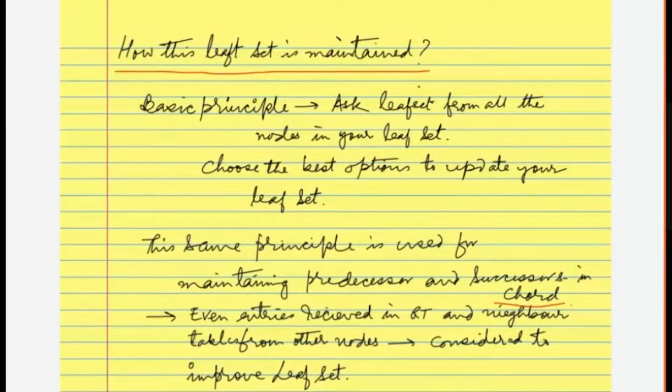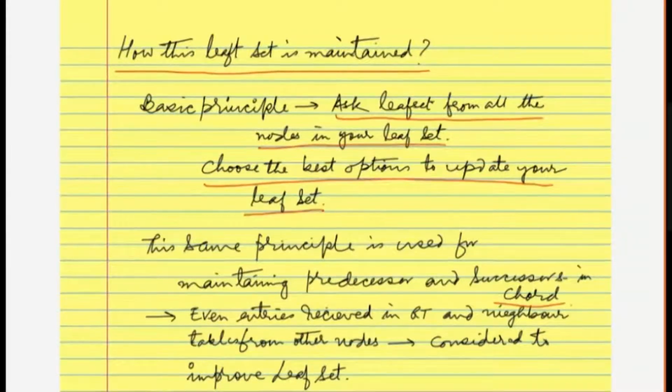The basic principle is: ask for the leaf sets from all the nodes in your leaf set and choose the best option to update your leaf set. That is the key rule maintained by all the nodes. Whatever node you choose to take a leaf set from, ultimately you will end up building your own optimum leaf set and you will stabilize onto that.